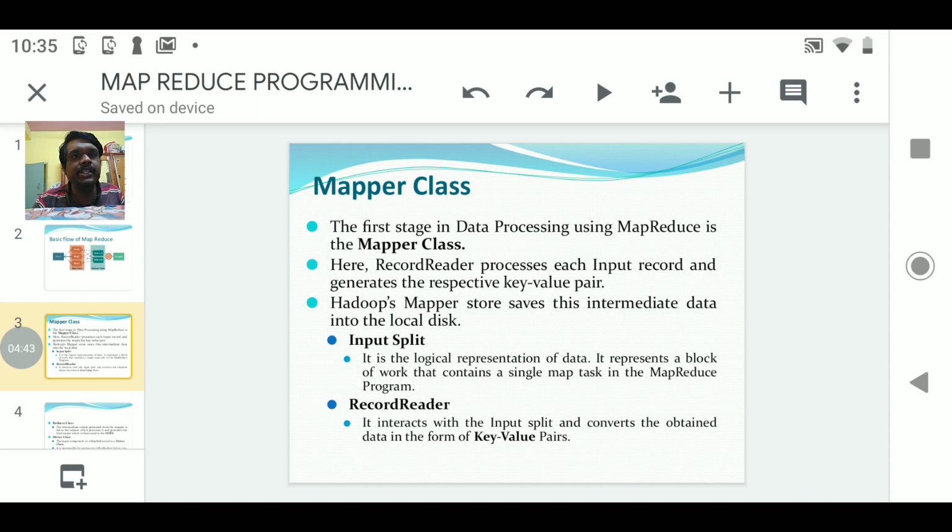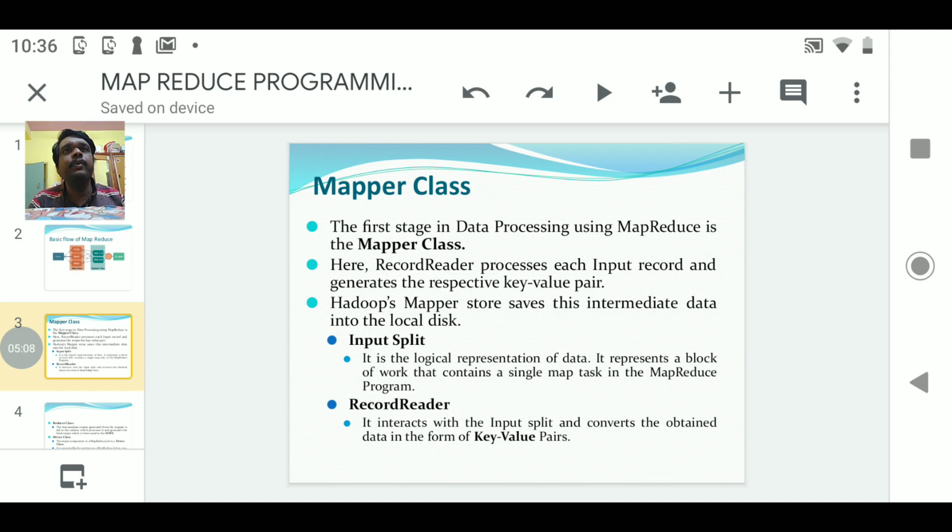Next we have the input split and the record reader. The input split divides the large file into subfiles, and finally the record reader reads each line from the subfiles and generates a key value pair.